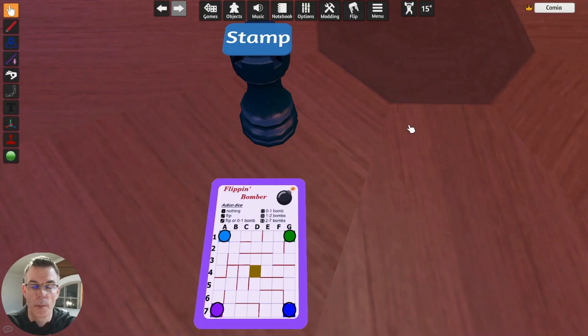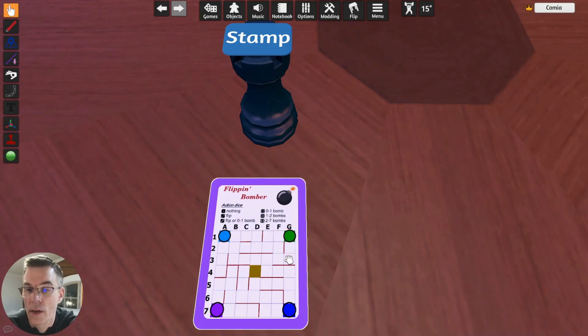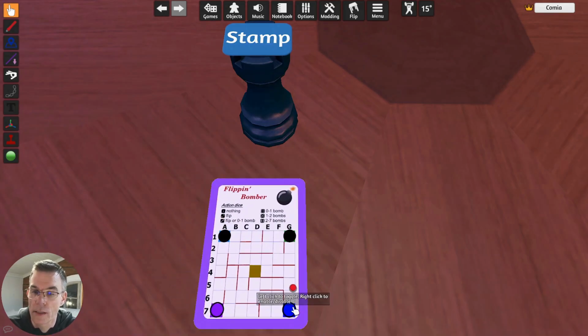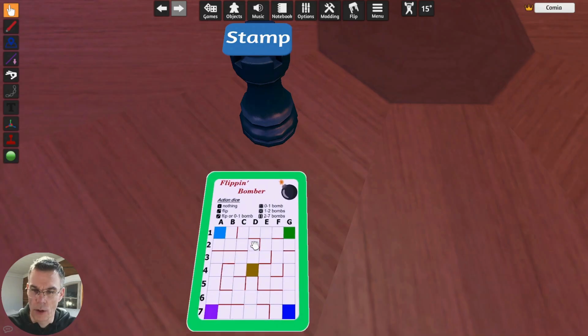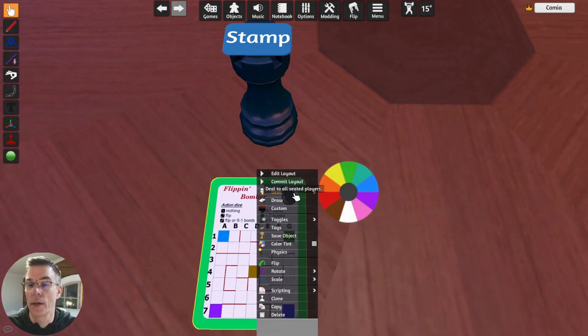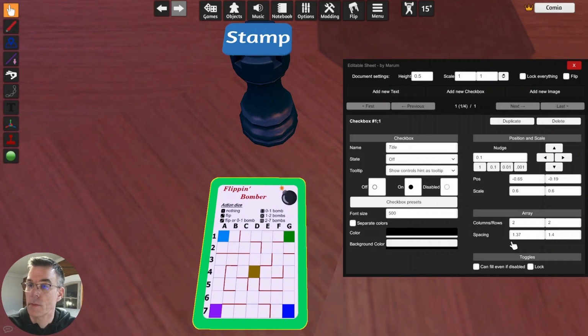Here we are in Tabletop Simulator in the Make Anything Editable module, where I have this card that you can flip like so. The front side of the card has these checkboxes that you can toggle. Now I would imagine that I could do the same for the back side, so I flip it and I edit layout, and there's my current layout.